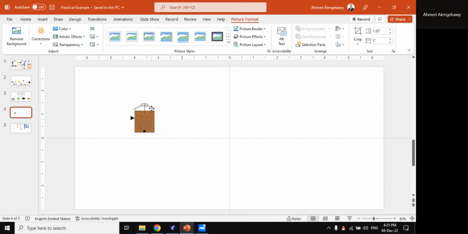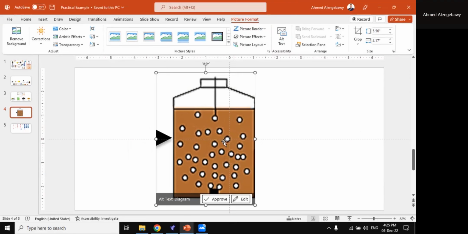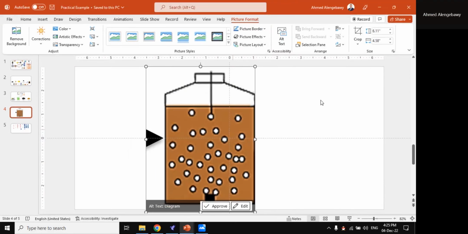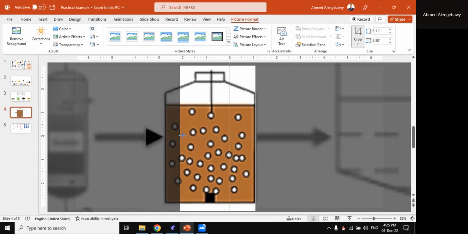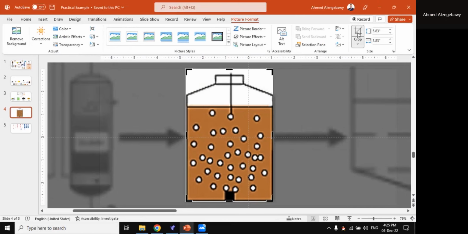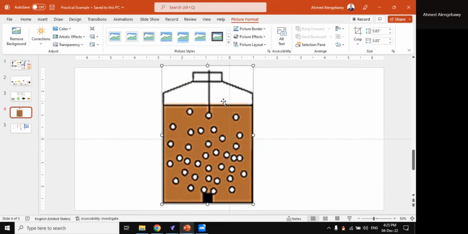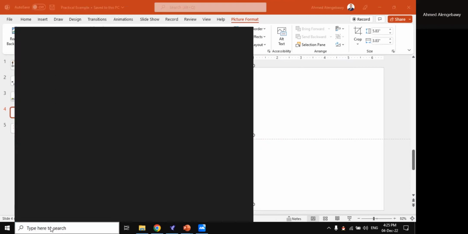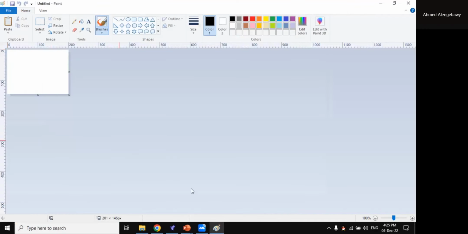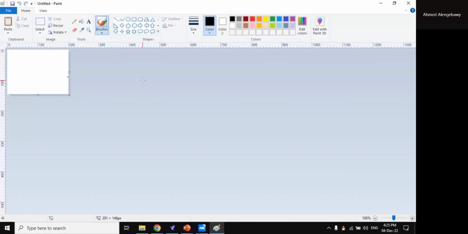After cutting, maybe there are some things here. I will just zoom in and cut it again. And now it is ready to use. You can use it directly. Otherwise, if you don't want this part, for me, I just use a very simple tool. This Paint here is very simple. If you know another way, you can go ahead. But for me, I don't know how to use Photoshop or other software. But I just use